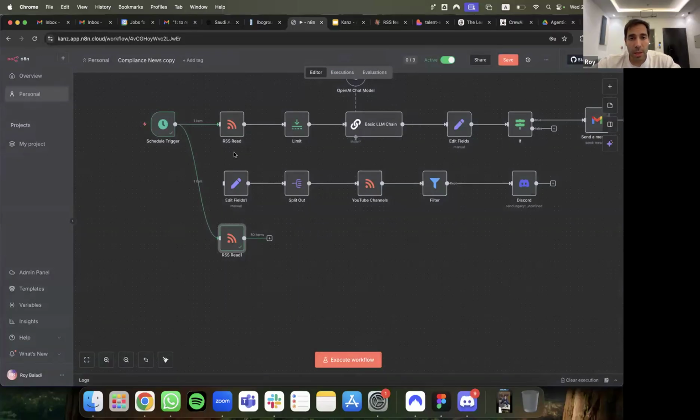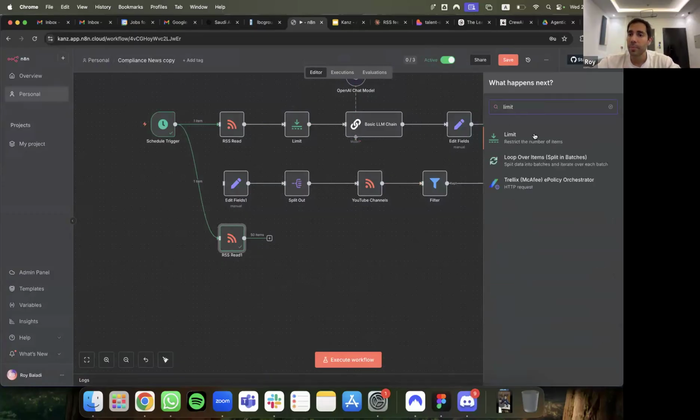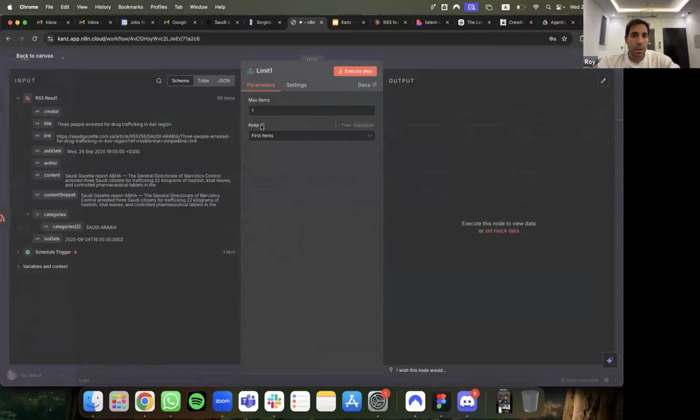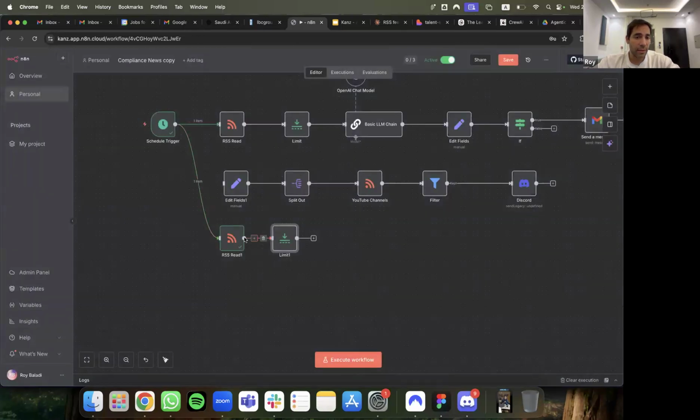The next thing we're going to do is add a limit just so that we don't have an overflood of data, and then you're going to use an LLM node like ChatGPT so it doesn't become expensive on people. We're going to just use the limit to say, just show me the first 10 items on this list. So hit plus and type limit. This is just going to restrict the number of items. It's going to connect you directly to the prior one. And if it didn't, just exit it and link it.